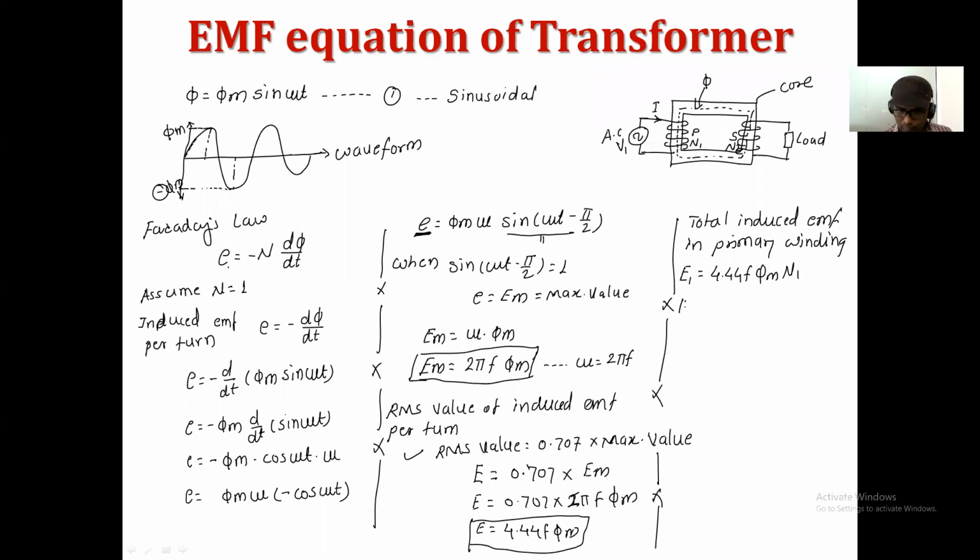सिमिलरली I can write the total RMS value of the total induced EMF in the secondary coil E2, which is equal to 4.44 f phi m. आता इथे N1 च्या ऐवजी काय लिहावं लागेल मला? N2. It's N2. This is the EMF equation of a transformer. Get it my point? And then another point is that आता जर मला हे इक्वेशन मॅक्सिमम फ्लक्स डेन्सिटीच्या फॉर्म मध्ये लिहायचं असेल,